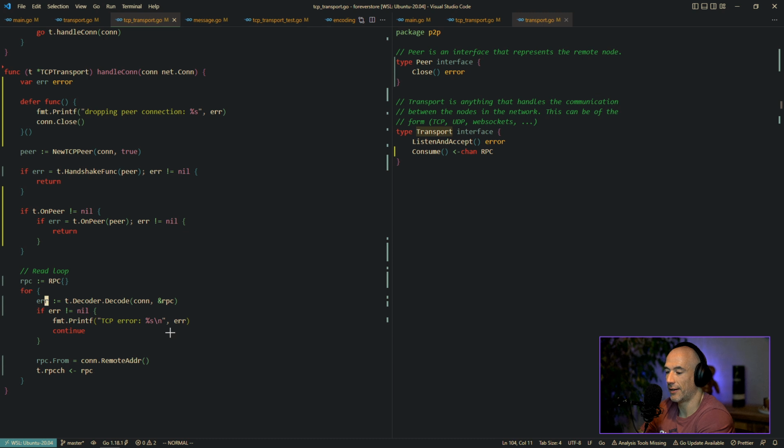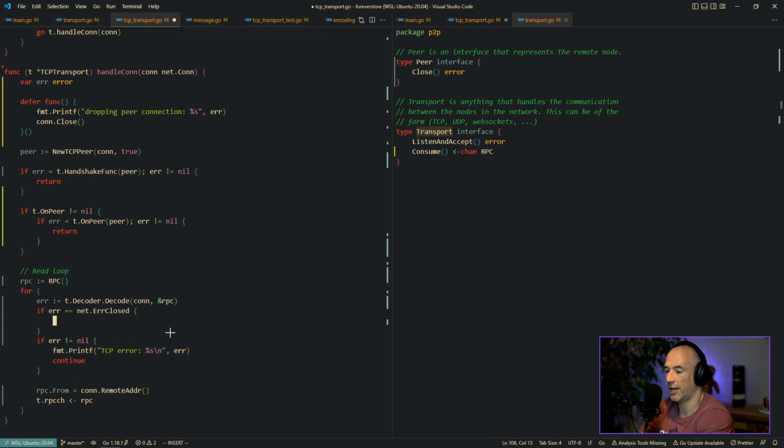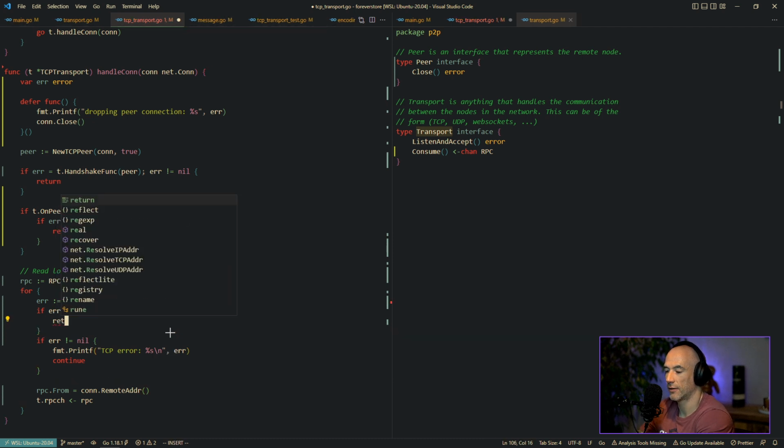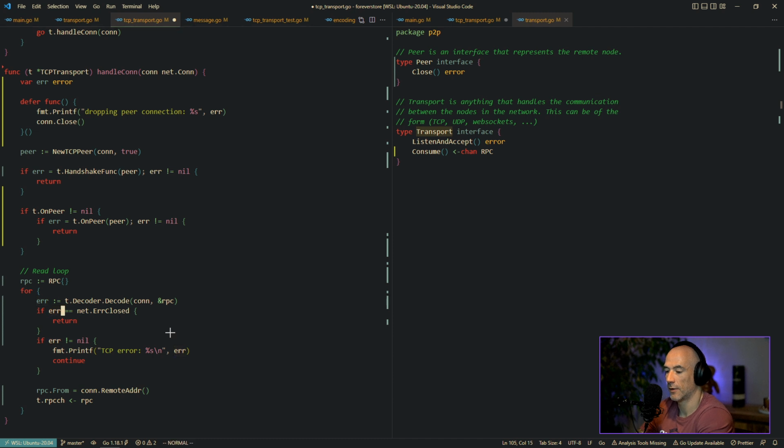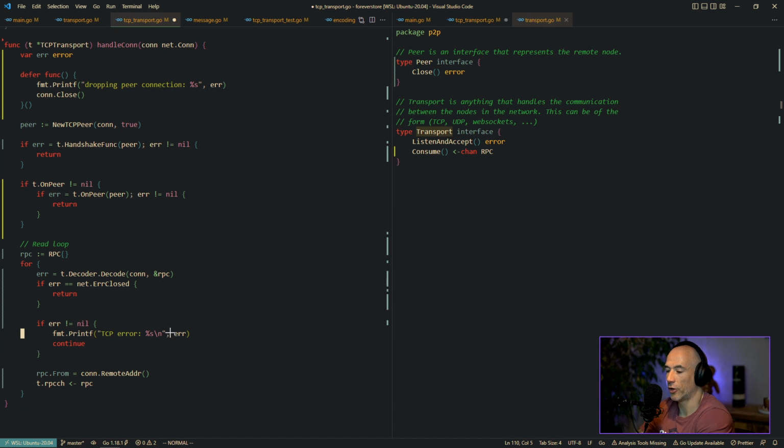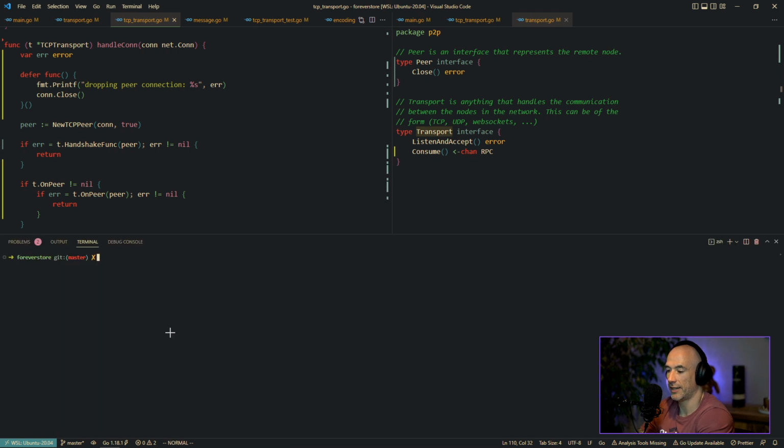And then we could say if err is going to be net.ErrClosed, then we're going to say return. And we could do it like this. And otherwise, we're going to say it's a TCP read error. Is that something that's going to work?